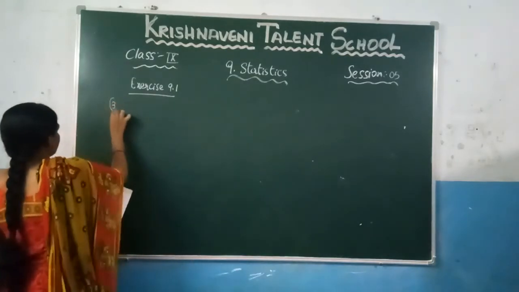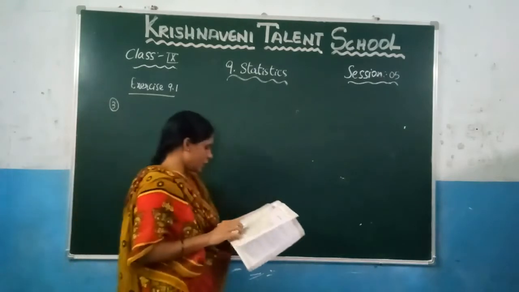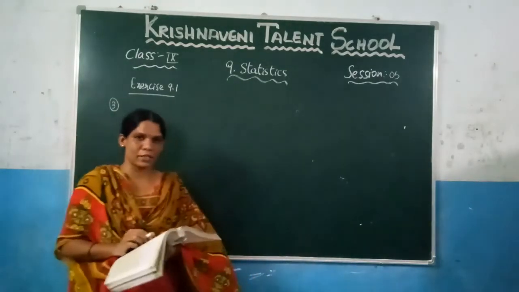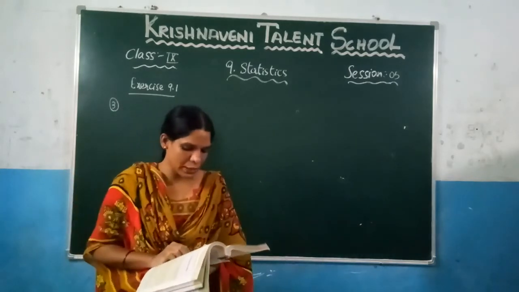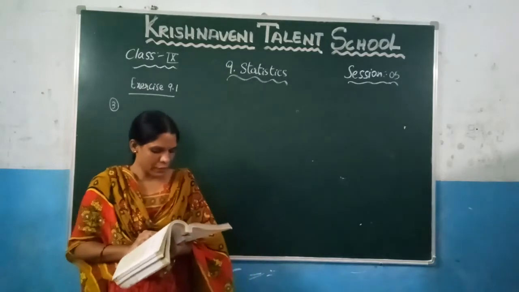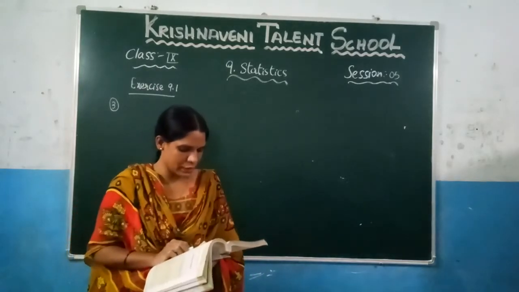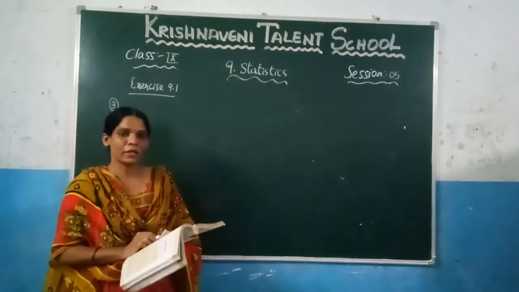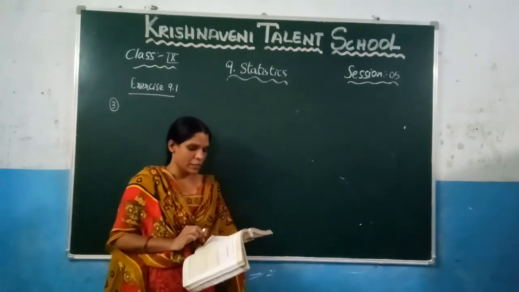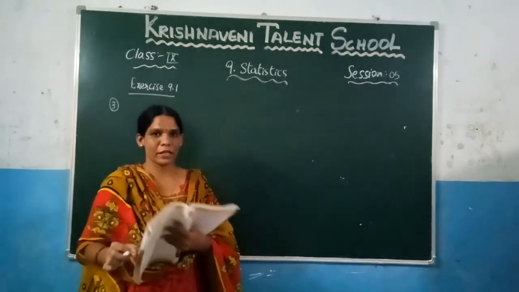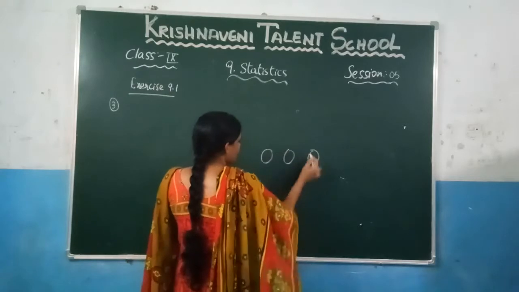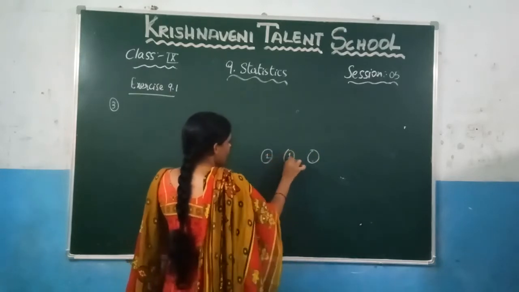Third question. Okay, what is the third question given here? 3 coins were tossed 30 times simultaneously, and each time the number of heads occurring was noted down as follows. Prepare a frequency distribution table for the data given above. Now here they are saying 3 coins are tossed simultaneously. How many times did they toss? 30 times. That means, let us suppose these are the coins: 1, 2, 3. Let us suppose these are 1 rupee coins.